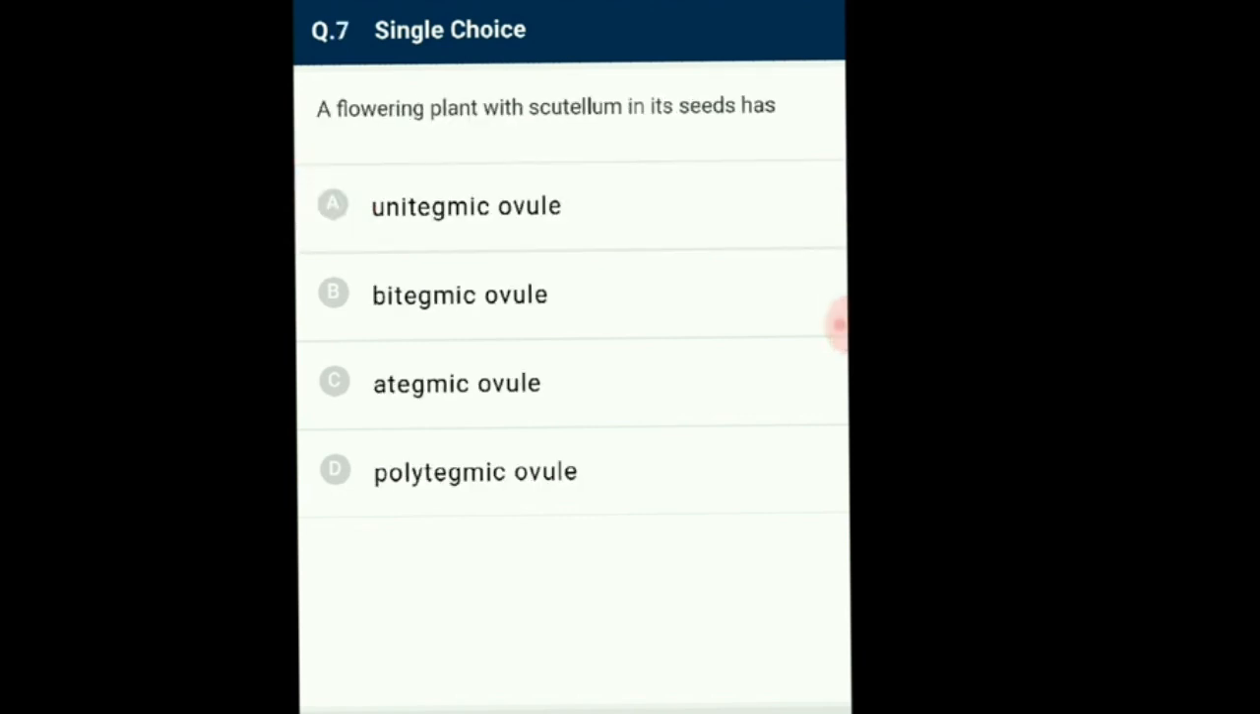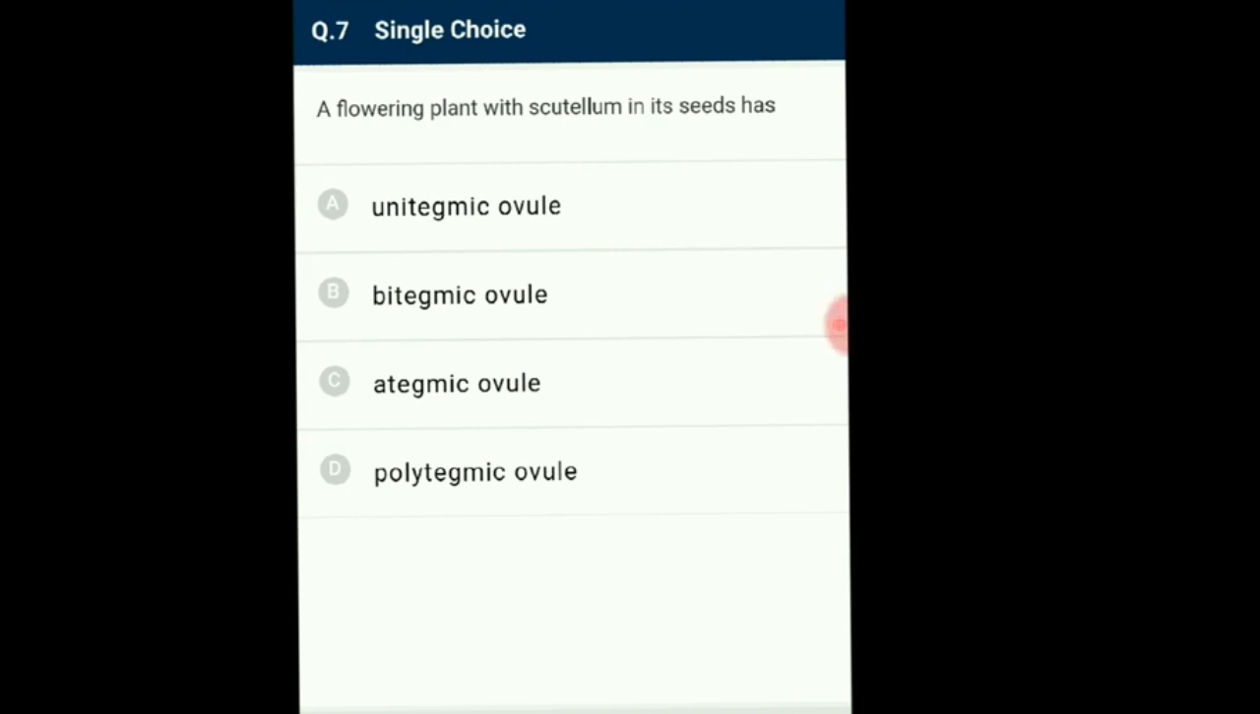Question 7. A flowering plant which has scutellum in its seed has. Option A, scutellum is a single cotyledon in monocots. Monocots have two integuments in their ovule. It is generally called bitegmic. The nucellus in monocots is made up of many layers and it is massive. So this is called as